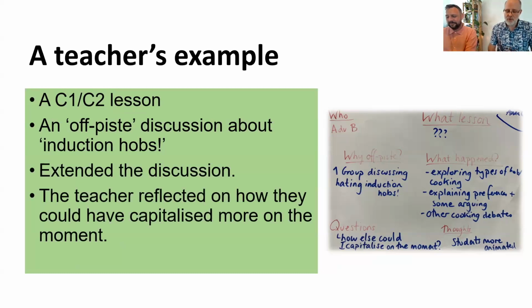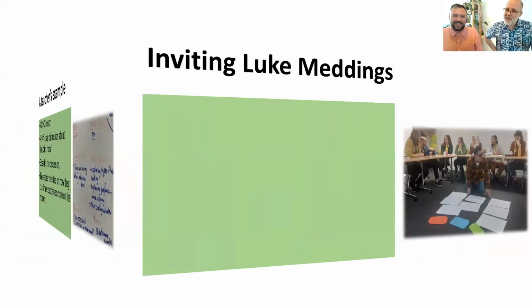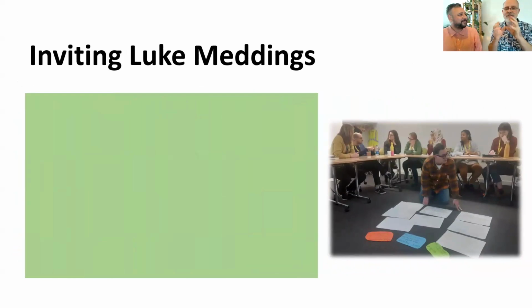But what their reflection was, and it goes back to what Richard was saying about packaging. It's very similar to this UFO incident and this idea of teacher agenda. The teacher felt that they should have reflected and capitalized more on the moment. And I don't know whether that would be teaching other types of hobs or a set of collocations with other, but C1, C2, but this sort of feeling of wanting to package up the language somehow. They hadn't felt it was a particularly good ending to this lovely discussion about induction hobs. And I'll come back to what emerged from that later on.